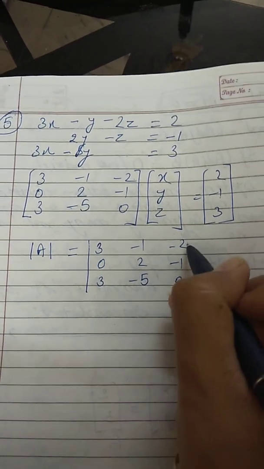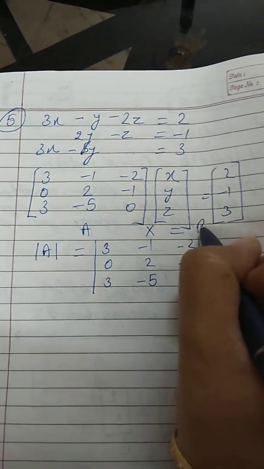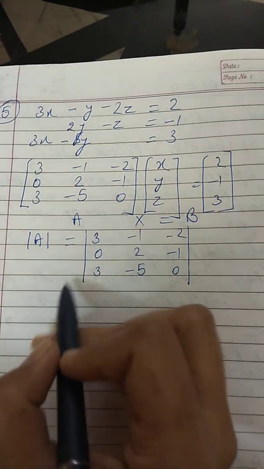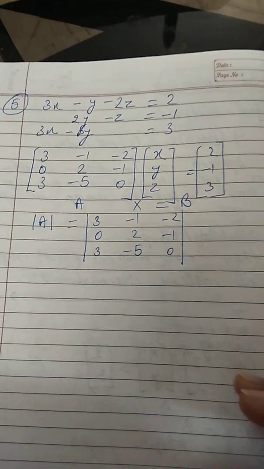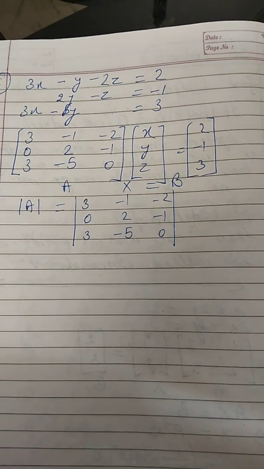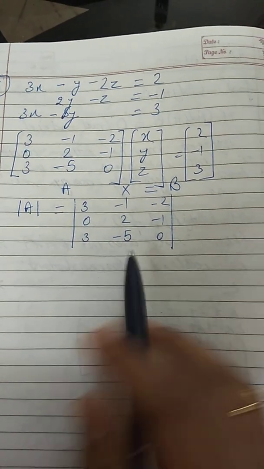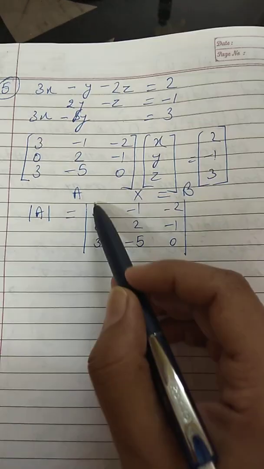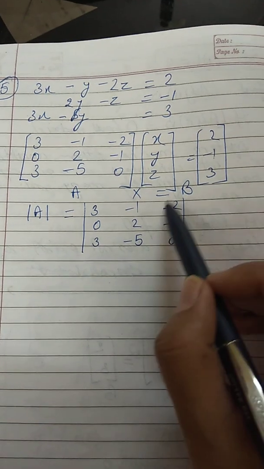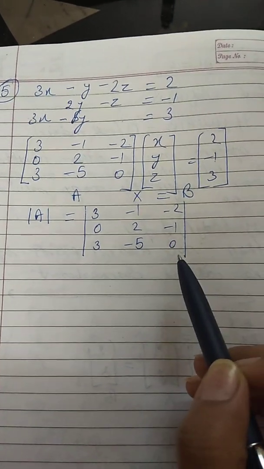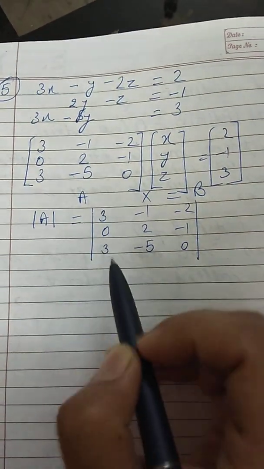-2 -1 0, and here if you want we will write down AX equals to B. Now in order to find the determinant, in the beginning of the chapter we have discussed the row or the column which is having maximum zeros, you can always expand the determinant along that row. So here the first column is having 1 0, even the third row is having 1 0, third column is also having 1 0. So your choice, you can expand anyhow. Let us expand it along C1.